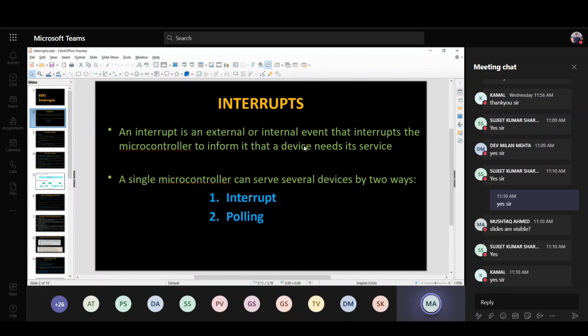But what happens in interrupt? In interrupt, the CPU does not care about the devices. It generally does its task, and whenever a device wants to communicate, it generates a disturbance, or interrupt, and the CPU knows, okay, now this device wants to communicate with me, so I will check what task has to be done. Simply, if you enable your notification, you don't worry about whether a new mail has come or not, you just watch your movie. Whenever a new mail comes, a notification pops up, and you know a new Gmail has come, now I will look into the Gmail. So that is the difference between interrupt and polling. Polling takes too much CPU time, whereas interrupts are very efficient.